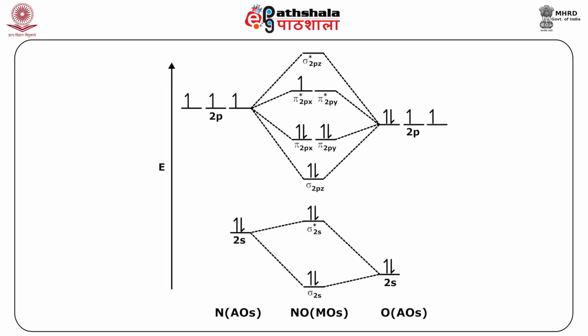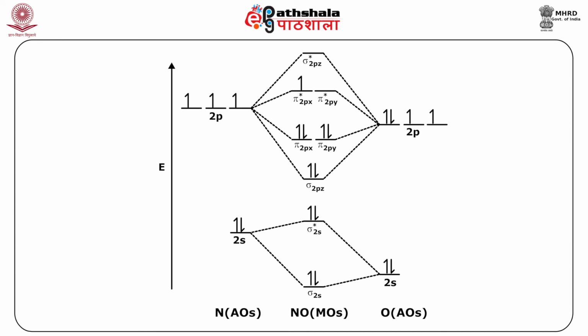The MO diagram for NO is like this. You have the 2s, we are ignoring the 1s electrons because they form the core and they do not contribute to the bonding. The 2s electrons, and out of nitrogen and oxygen you find that nitrogen is less electronegative. So, its orbitals are slightly higher in energy as compared to oxygen. The 2s orbitals combine to give a sigma 2s and an anti-bonding sigma 2s, and similarly the 2p orbitals will combine, 2 of them will combine along the bond axis to give sigma orbitals and the anti-bonding orbitals, and the pi orbitals will be formed by lateral overlap, and their corresponding anti-bonding orbitals will also be there.